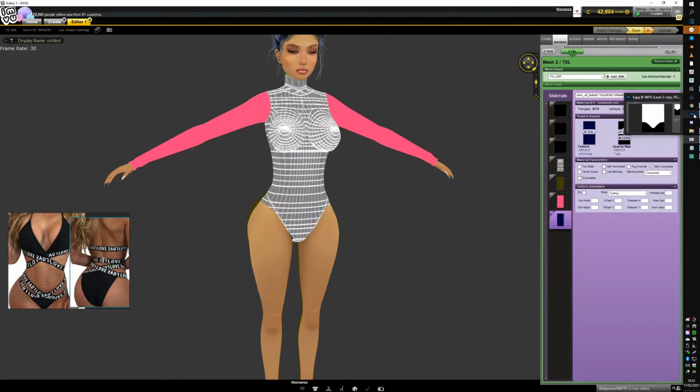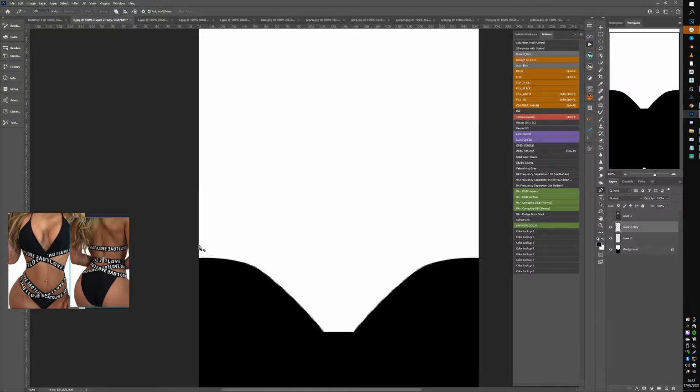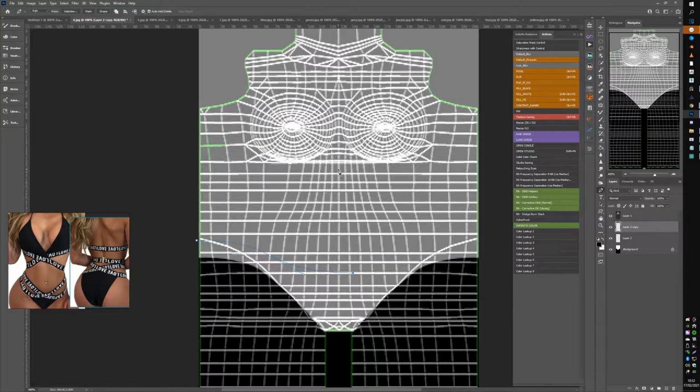So let's do that. Merge all the layers, otherwise it will bulk up with so many layers. Make a new layer and